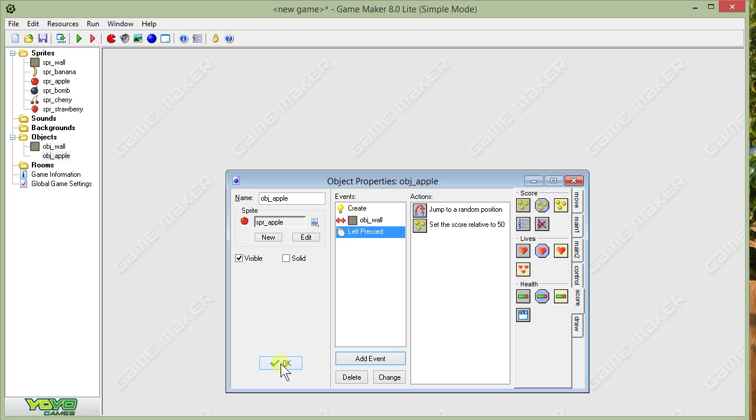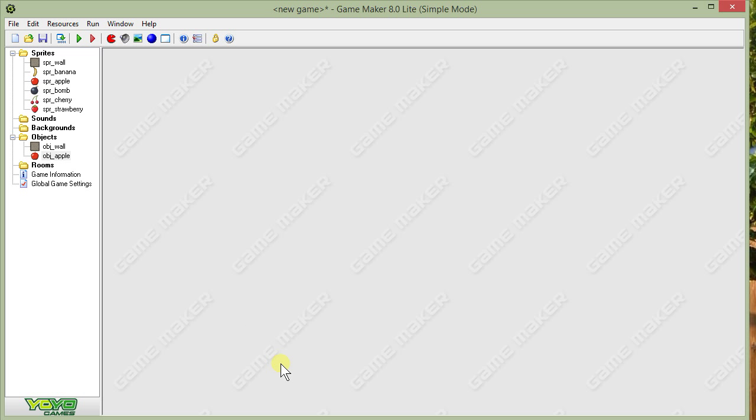And then let's save that. Right now we've got a couple of objects, but they don't exist in any location inside our game. We need to have them show up on the screen somewhere. And in order to do that, we need to create a room. You can think of this as a level or a box on screen where all the action is going to